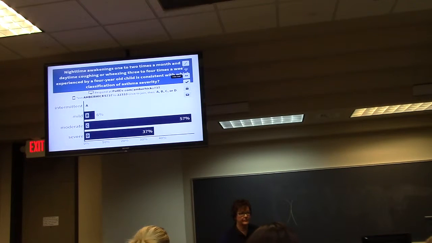So 3 to 4, that sounds like quite a lot. It does. This says able to sleep through the night. I thought nights is without being severe. And mild is 1 to 2 times. No, that's not true. It depends on the age. Wait, what'd you say? This chart says moderate is daily symptoms. I guess daytime. But it depends on the person.